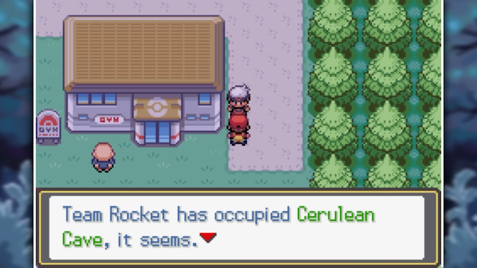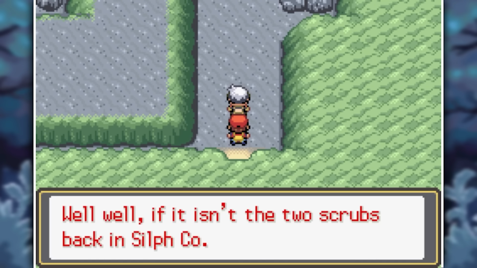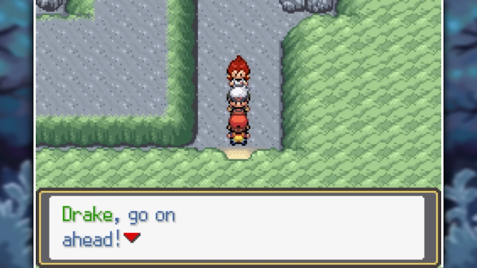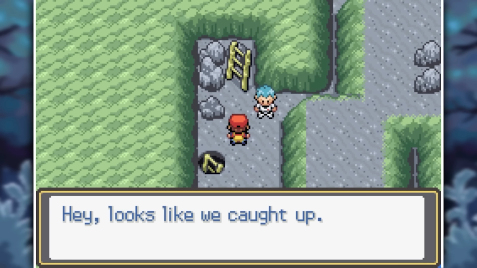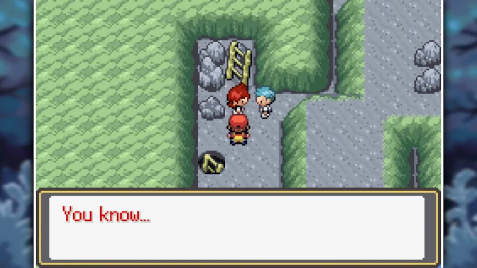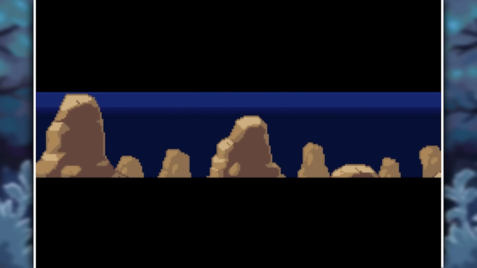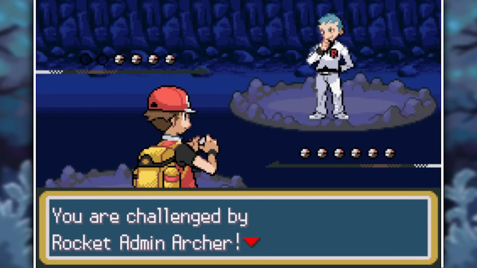As it turns out, Team Rocket is up to no good once again, and they're trying to capture Mewtwo in Cerulean Cave. This is where, in my opinion, the hardest Radical Red battle comes up. It's the Gauntlet battle with the two admins, Archer and Ariana. In every single playthrough I do of Radical Red, these two give me the most trouble by far. I don't know what it is, but I always have to attempt their battle at least like 20 or 30